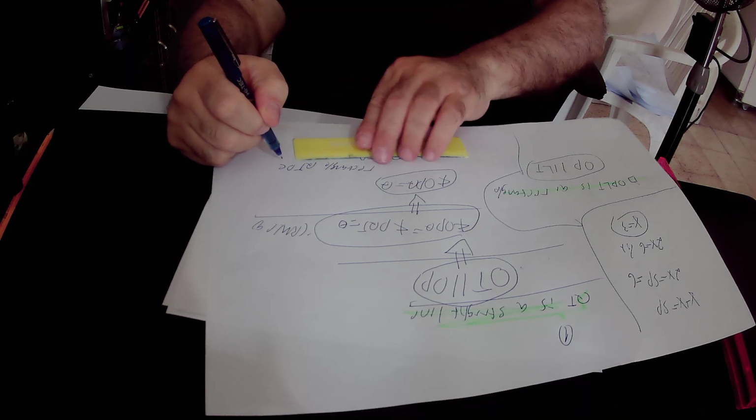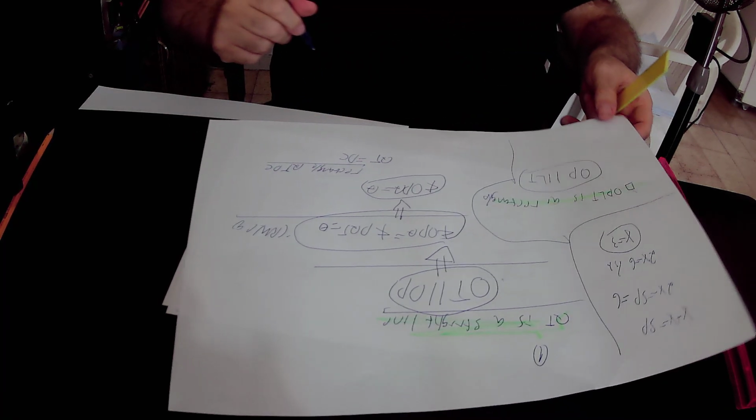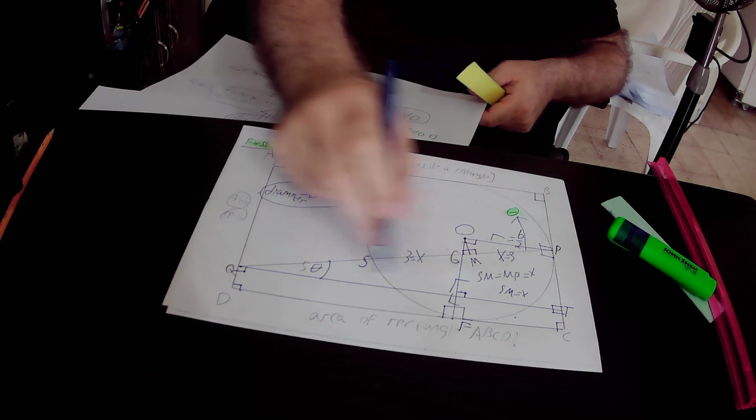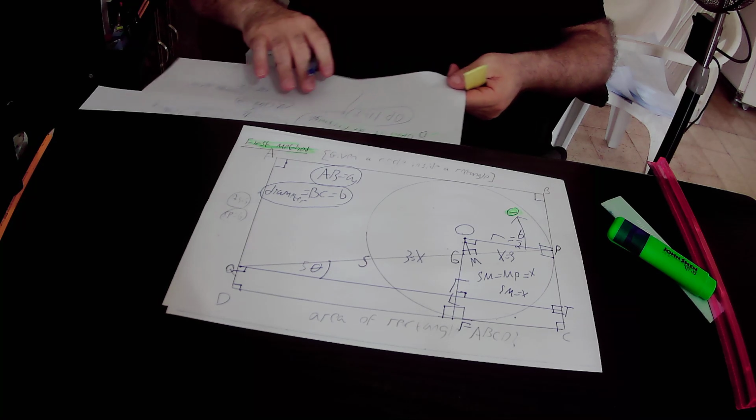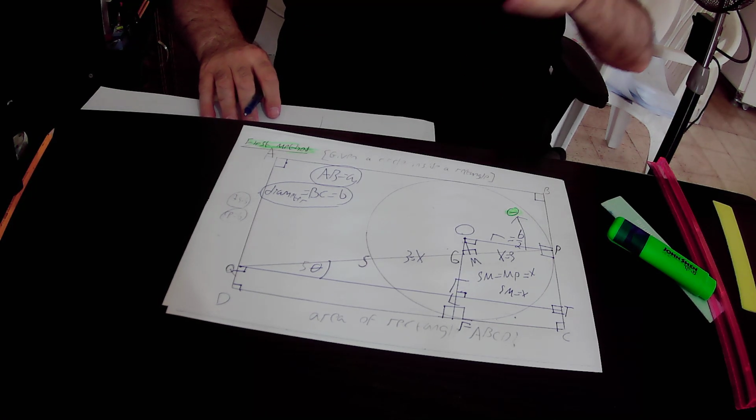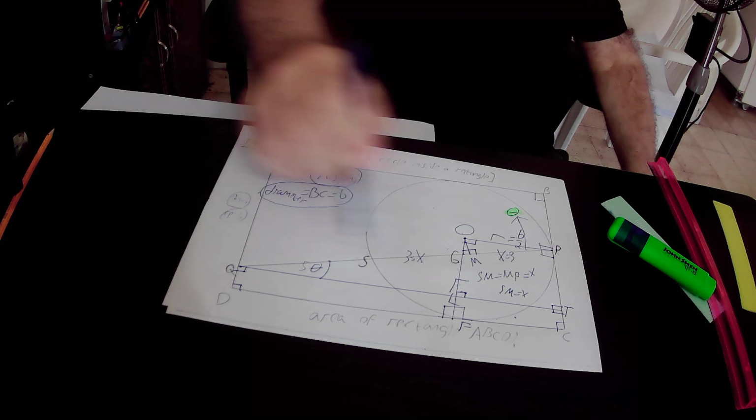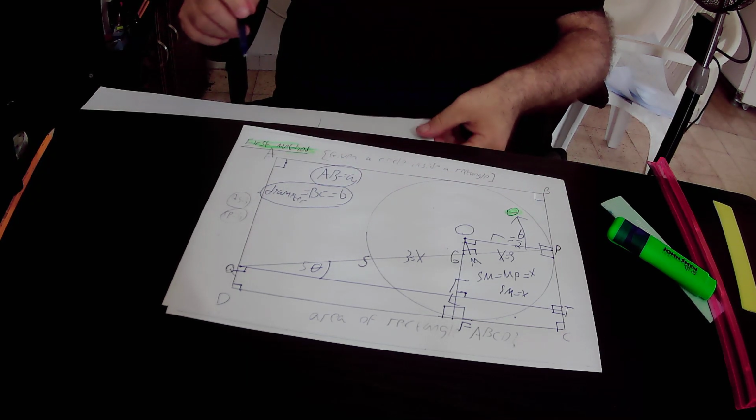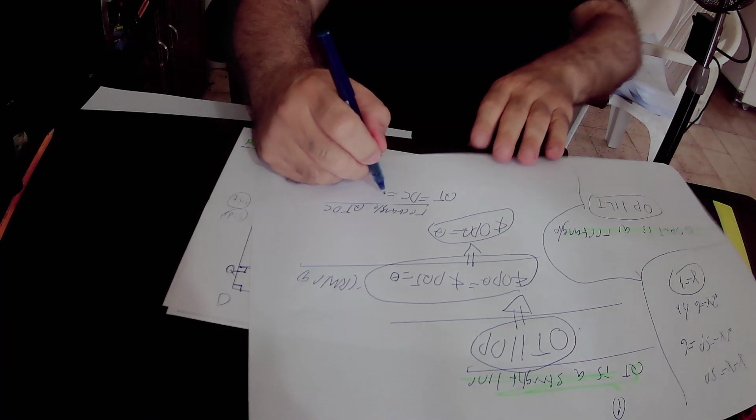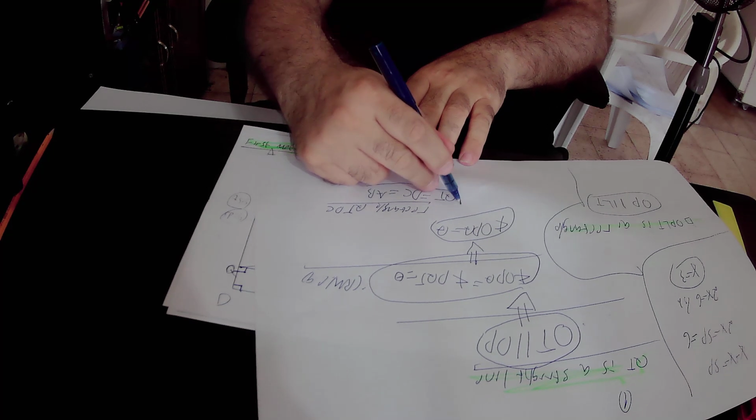In rectangle QTDC, QT equals DC. But it is given that ABCD is a rectangle, and the opposite sides of rectangle ABCD are equal to each other. That is to say, DC is equal to AB. You can write here that DC equals AB. And from this equation, QT equals DC equals AB, we will derive